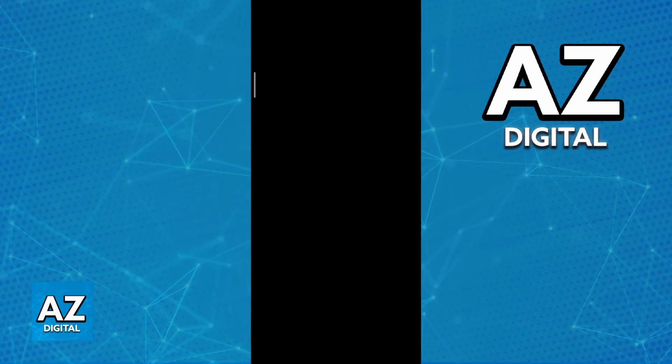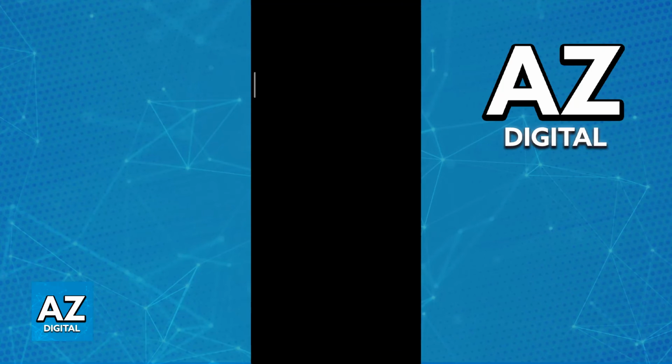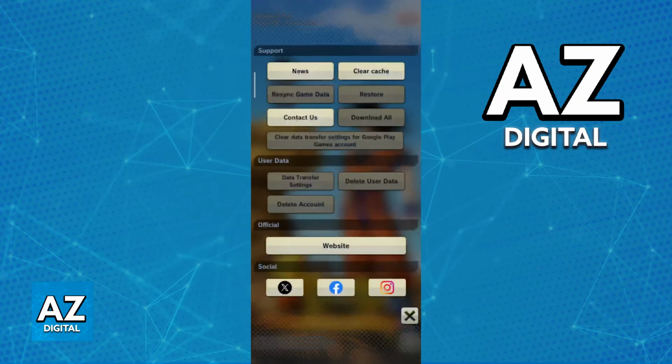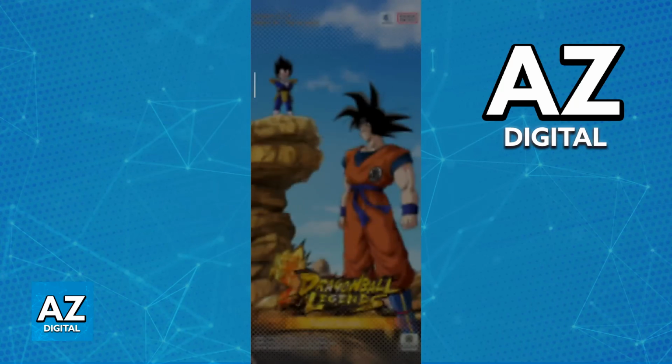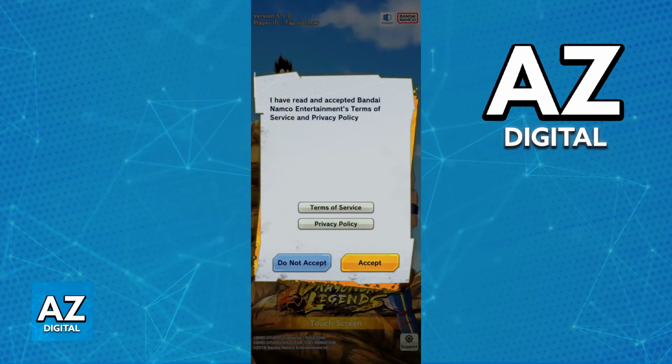Of course, like I said, after this process is done, you restart and you go back to the main menu, you will still be able to find the option to just use your previous data. So as you can see, you have this option. I'm going to tap no, but if you wanted to go back to that account, you can just tap that instead. This is all you have to do. It is extremely simple, and you will always have the option to link new accounts and just switch between accounts.